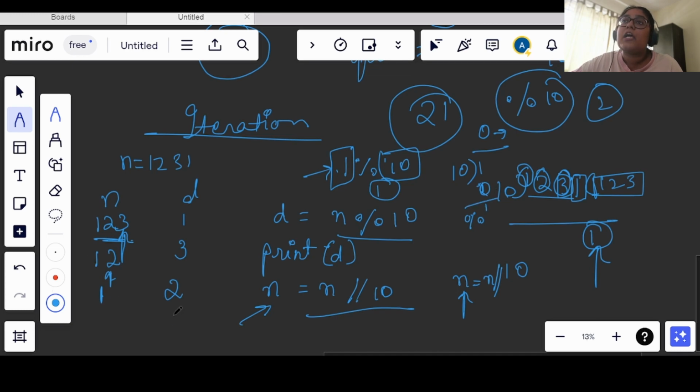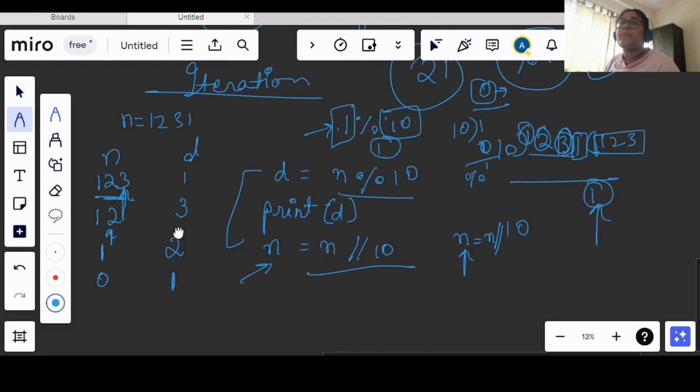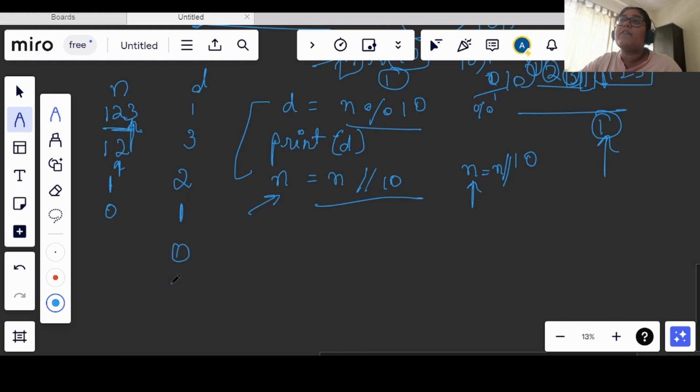So I will get 1 as the digit, and as I told, in the quotient we will be getting 0 here. So I need to stop somewhere. If I have started the loop and I am not stopping, it will get stuck in a loop where after 1 3 2 1 I will only be getting zeros, 0 0 0.